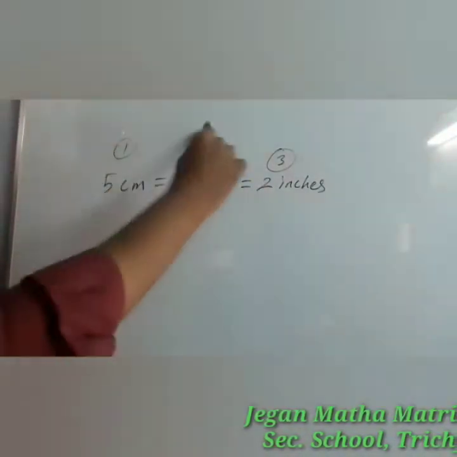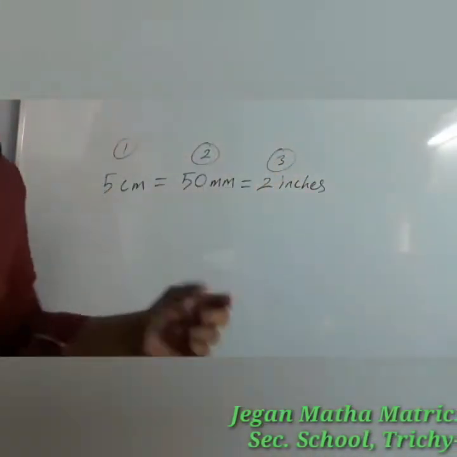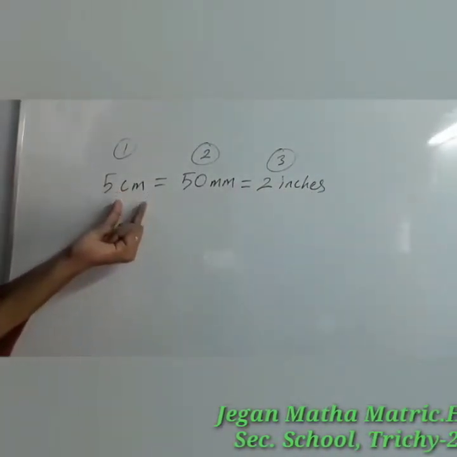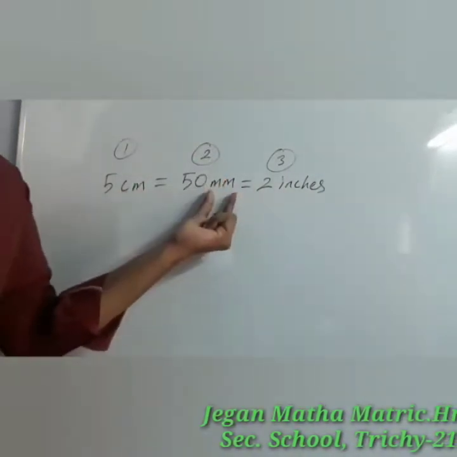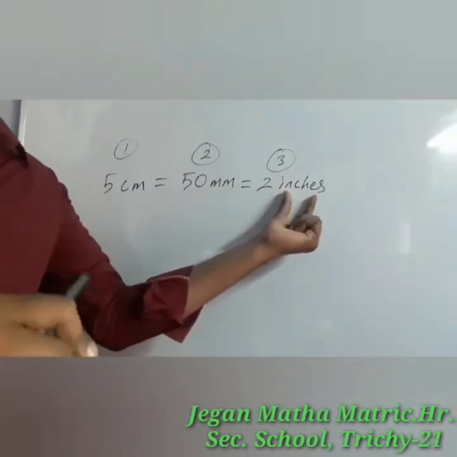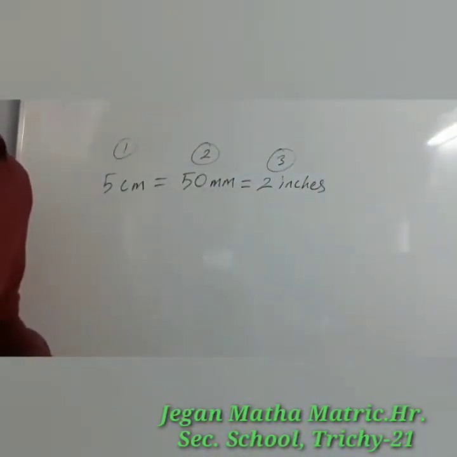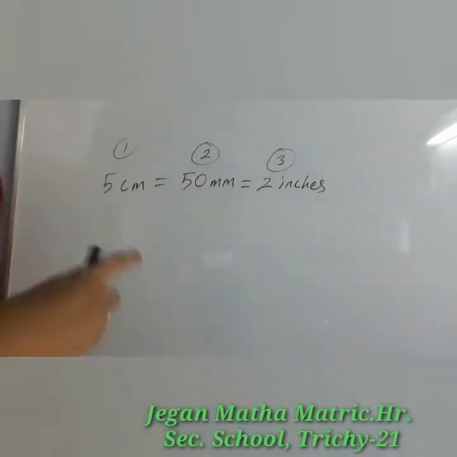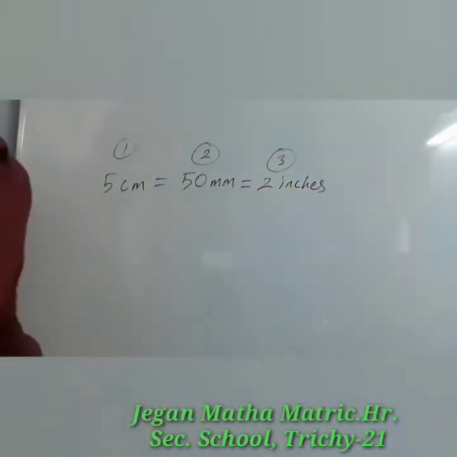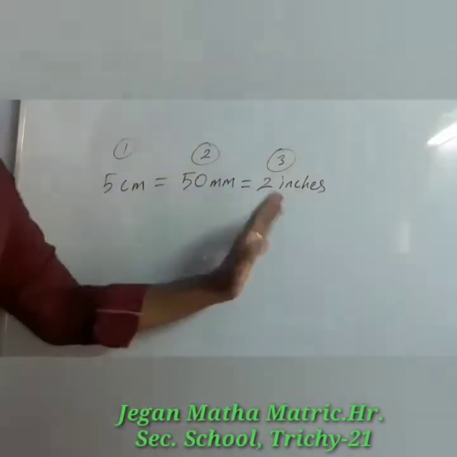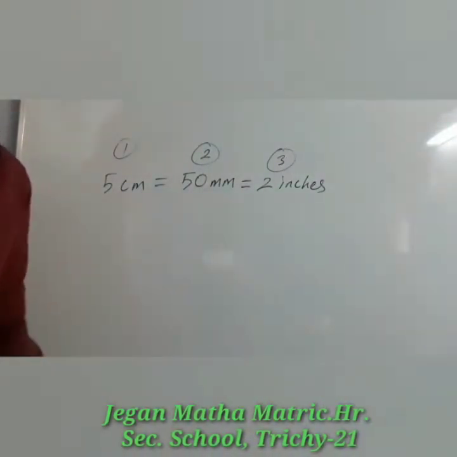Okay. So the 3 students have used 3 different units. The first one has taken the centimeter, the second student has taken the millimeter, and the third one measured in the unit inch. So whatever unit you change to, there will be a change in the numerical value accordingly. Do you understand? So that can be written in general form.